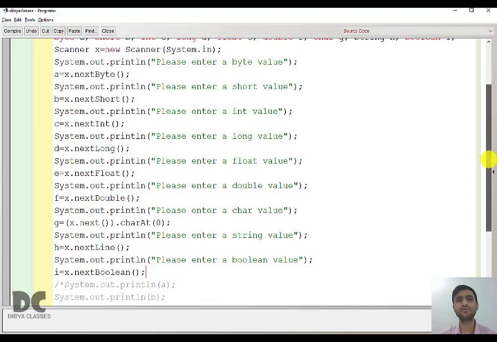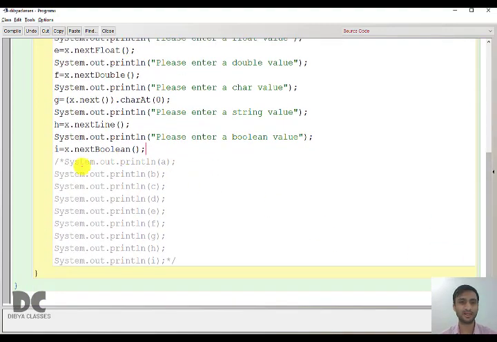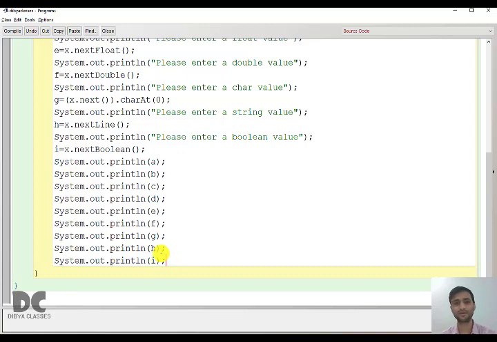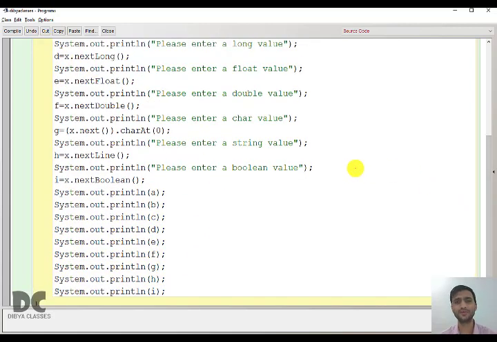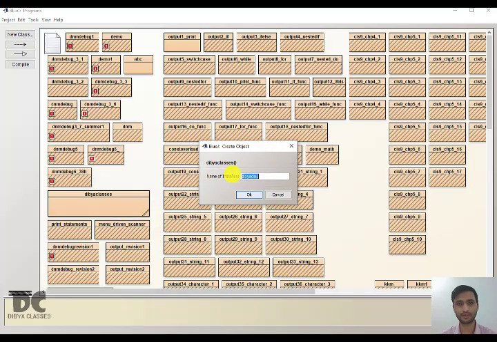So after taking input, since this program doesn't have a processing part, we just have to print the values. Here are the print statements. You don't have to change anything here. You just have to change the input part. Remember, scanner, buffer, parameter talk about input. Don't touch the processing and printing part. Here, after taking input, all the inputs are over. Now you have to print it. The program is ready. So now let us compile it and then run it.